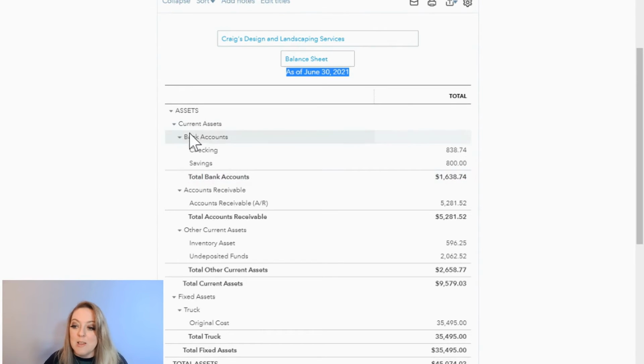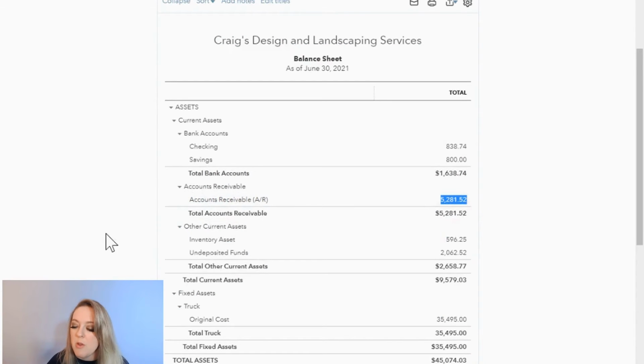So under our assets, we have all of our bank accounts, cash accounts, anything that has to do with the physical money that the company owns. And then it lists out the accounts receivable. In this case, the company has customers that owe them just shy of $5,200 or $5,300. Then they have some other assets here, which is inventory, things that they plan on selling in the future, and